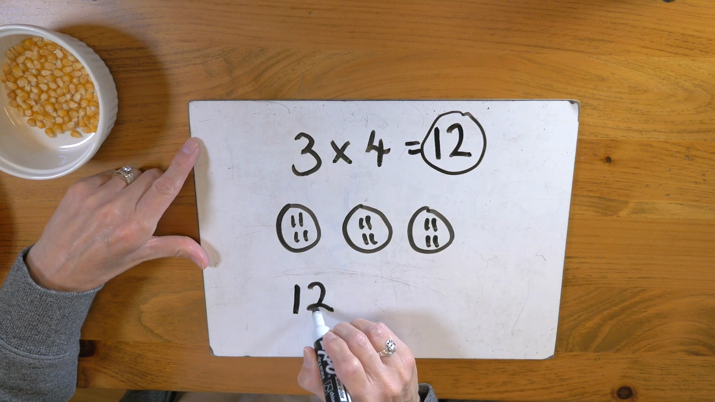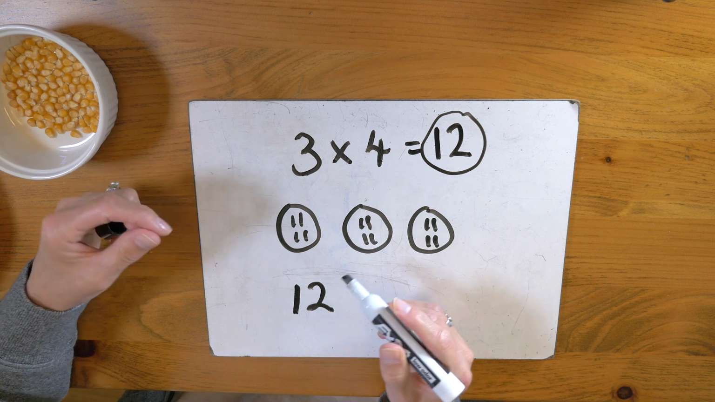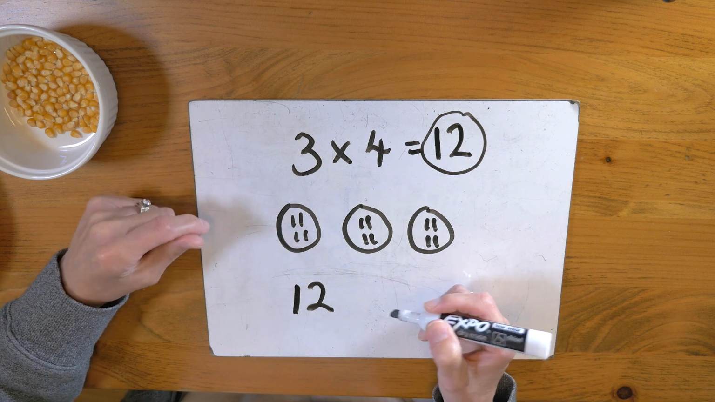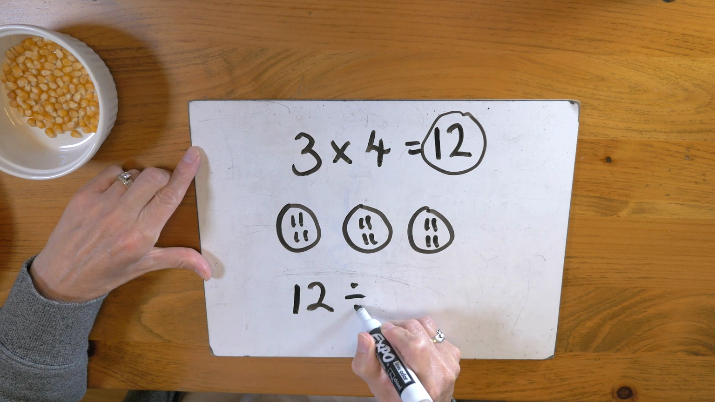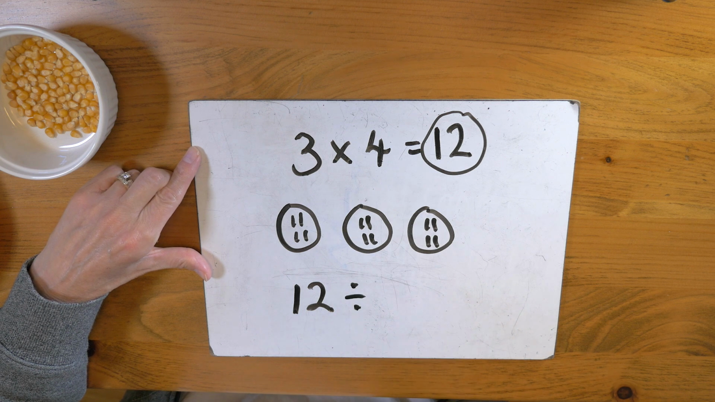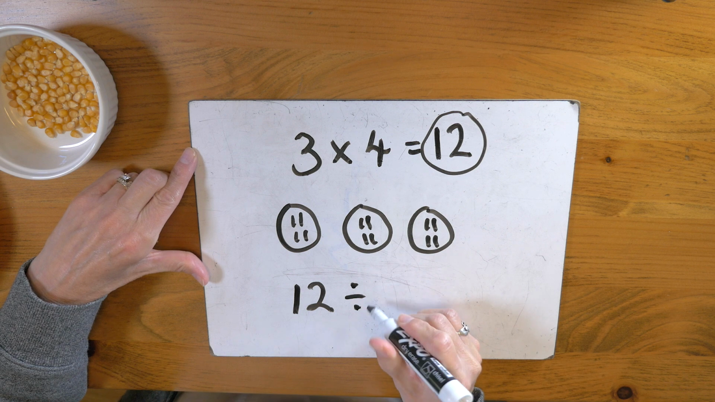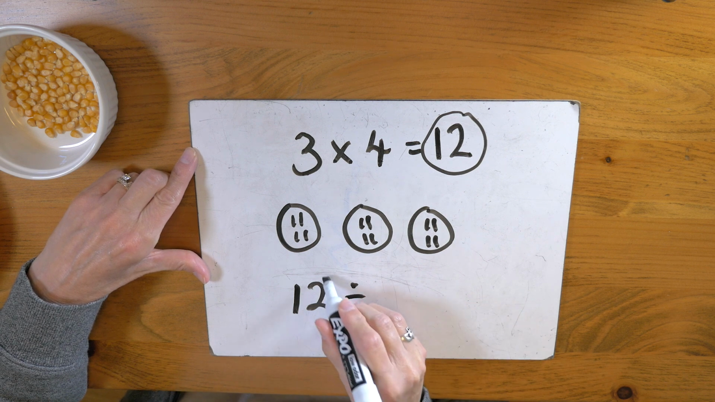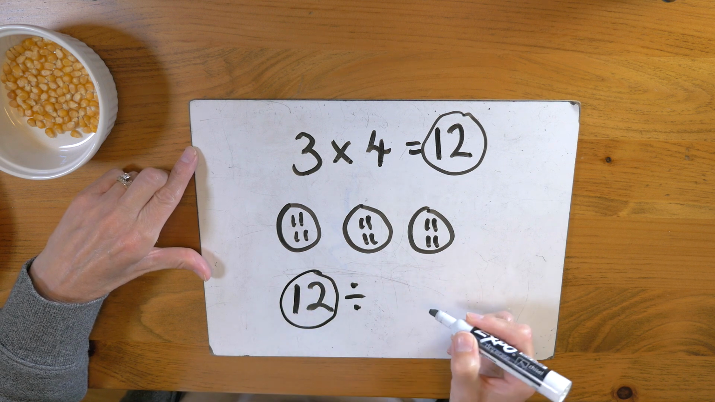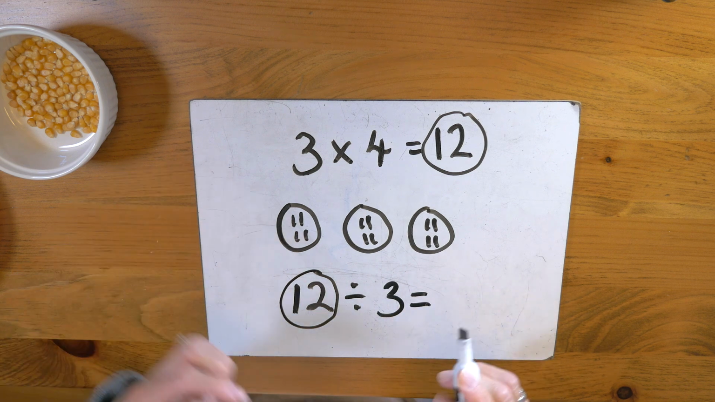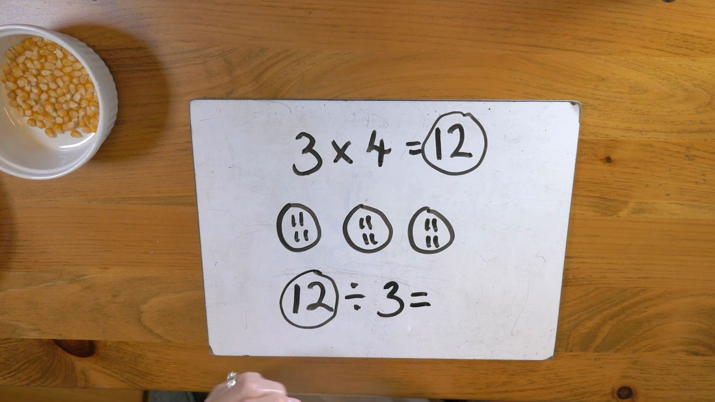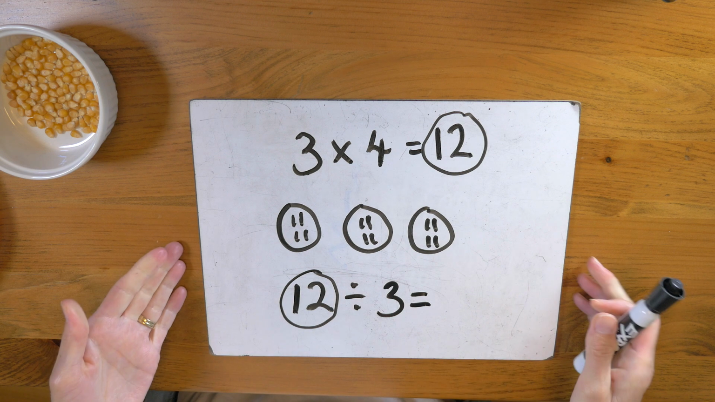So you start with a certain amount of things and you're going to divide that. That's the division sign, a line with 2 dots. You're going to divide that total into a certain amount of groups. So what would that look like? 12 divided by 3. Let's try that